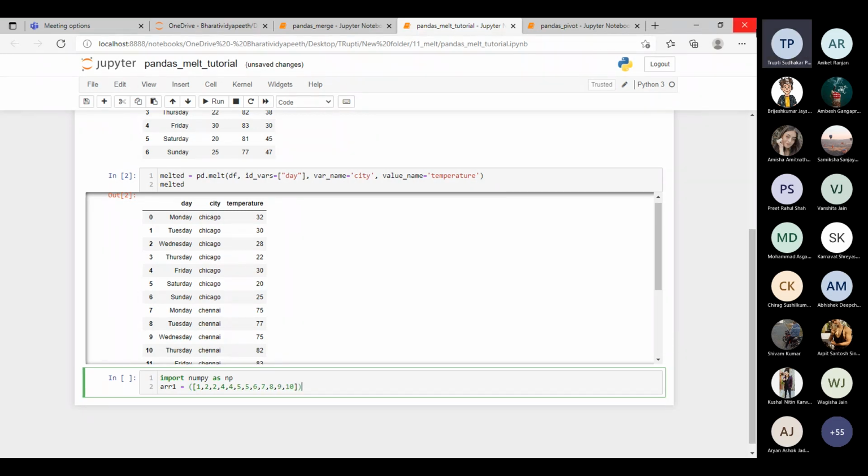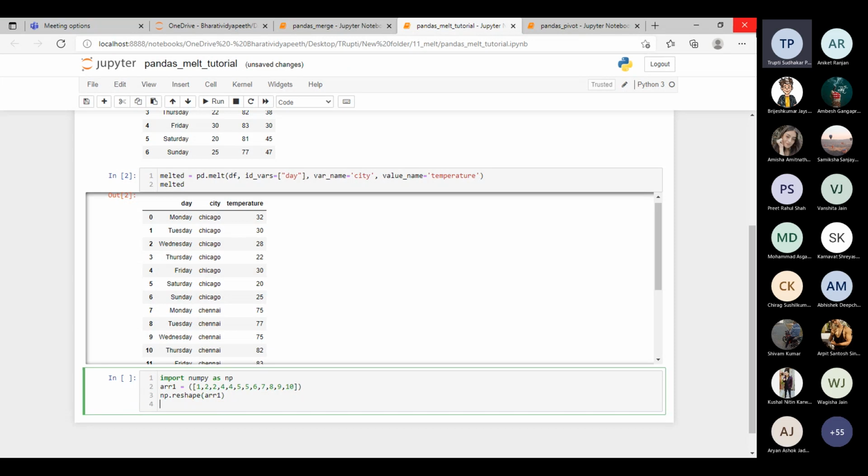Okay, and suppose I will write np dot reshape.